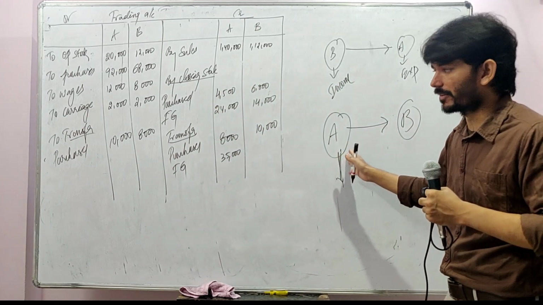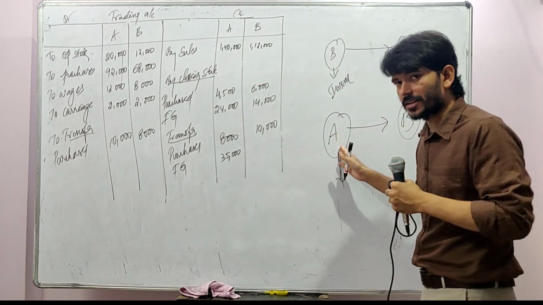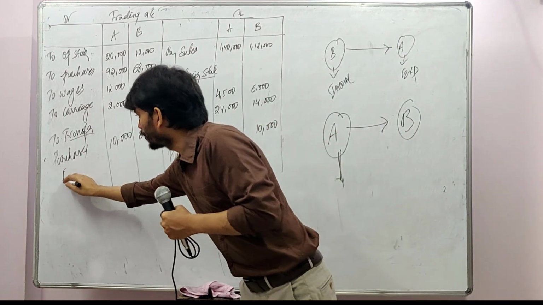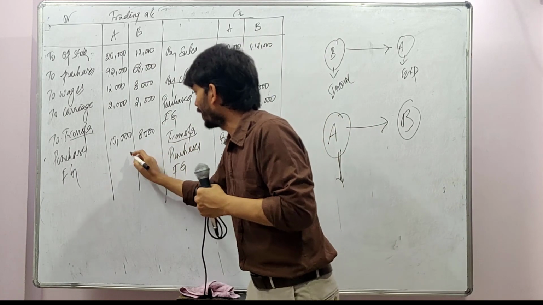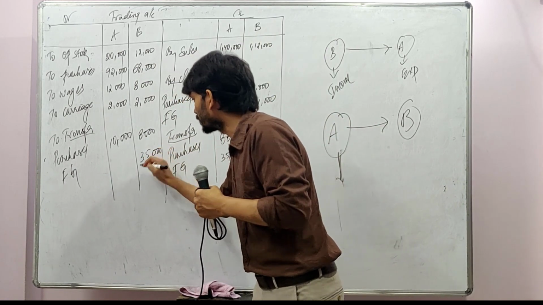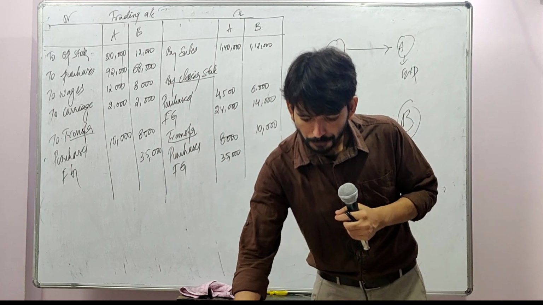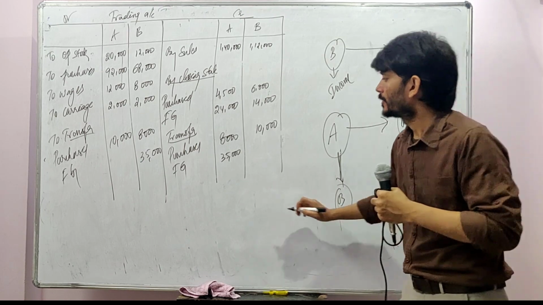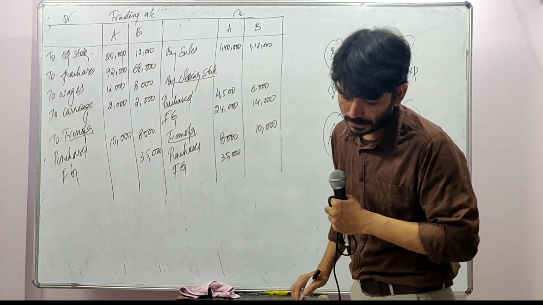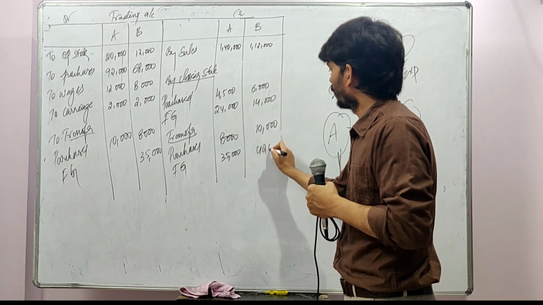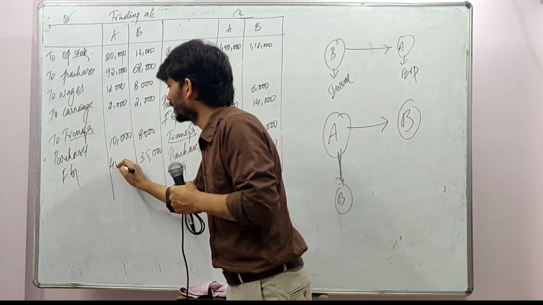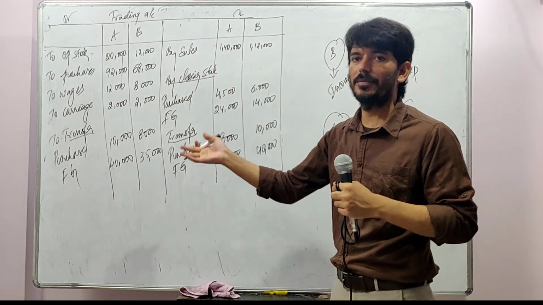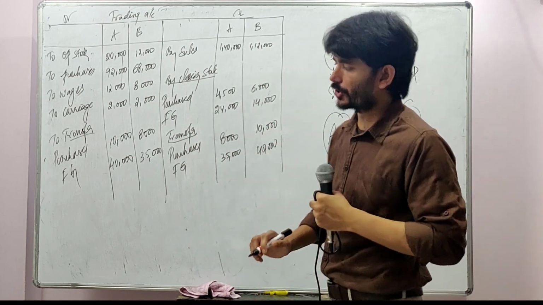So when A is transferring, for A it's an income. When A is transferring, B is receiving, for him it's an expenditure. So finished goods, when you're writing here A, you write it in B's column, 35,000. Same way, B to A. For B it is an income. So for B you write the amount as 40,000. Don't waste your brain again and again. Only once you crack the logic, the next will be automatic. Yeah, return of finished goods.